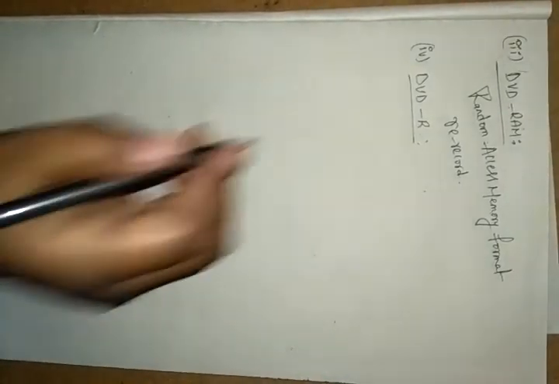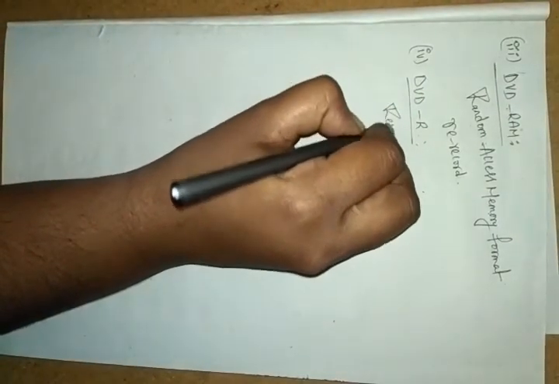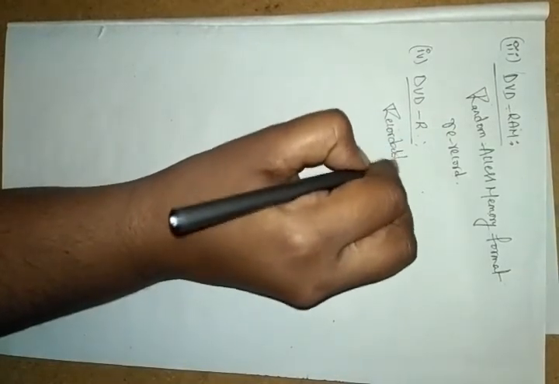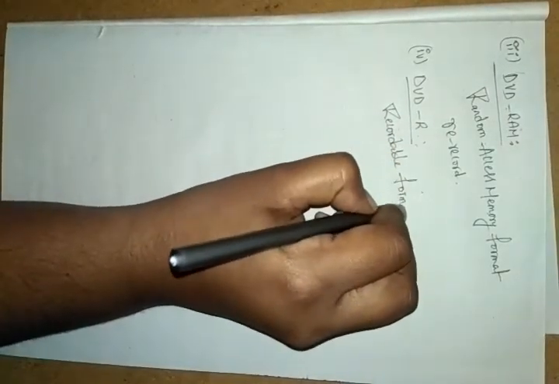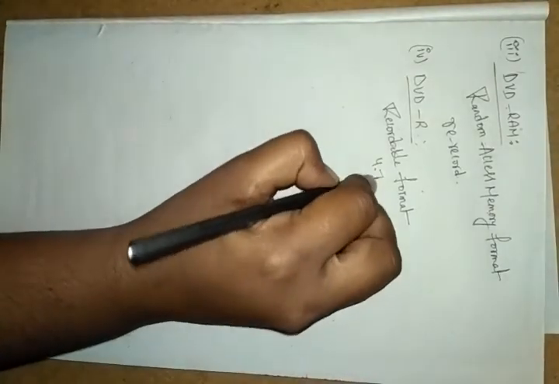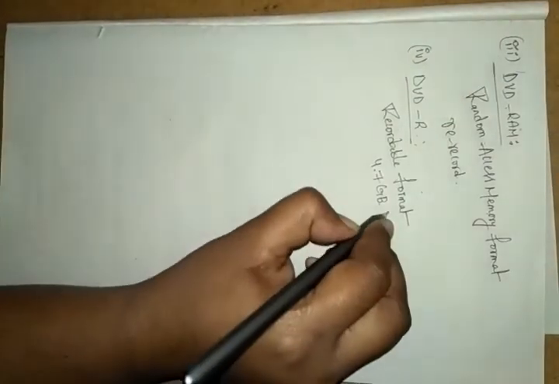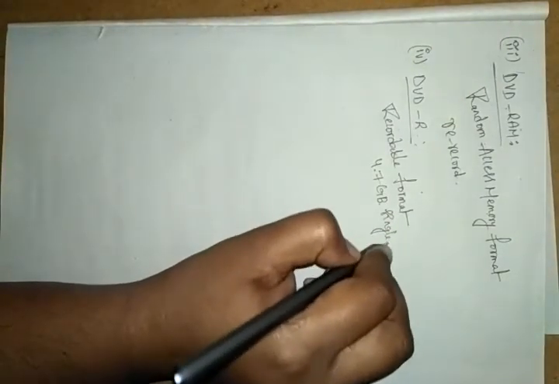Okay, so this DVD-R, we can call it the recordable format. The R means recordable format. This recordable format has 4.7 GB on a single layer. So this 4.7 GB is the single layer